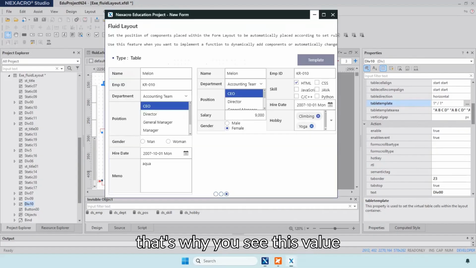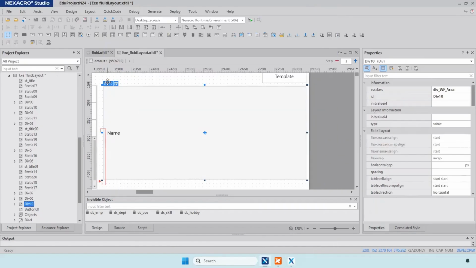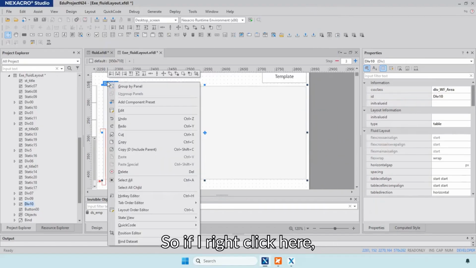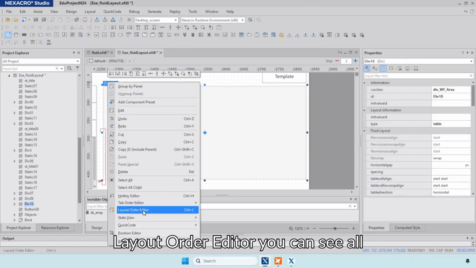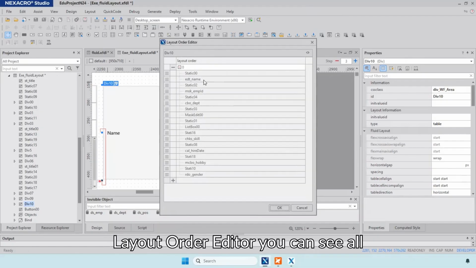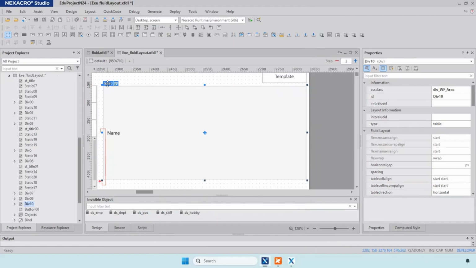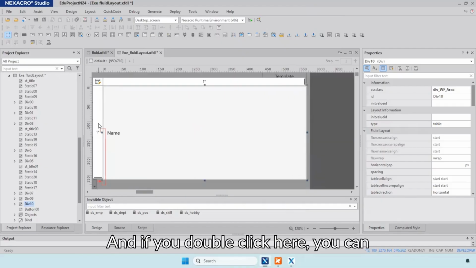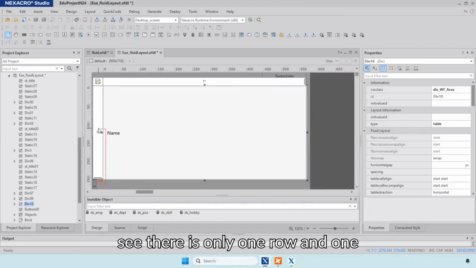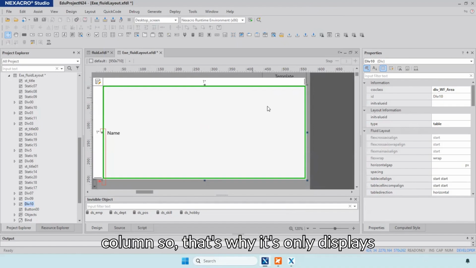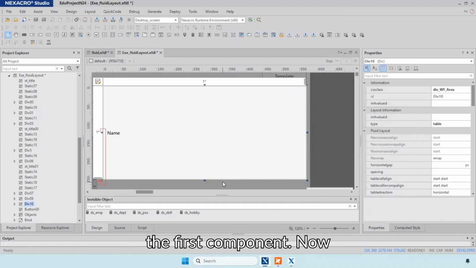So that's why you see this value here, 6 rows and 4 columns. If I right click here, layout order editor, you can see all the components for div 10. And if you double click here, you can see there is only 1 row and 1 column. So that's why it only displays the first component.